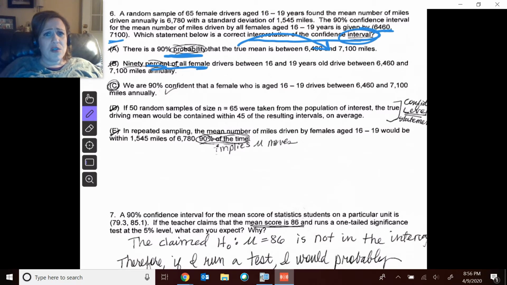What if my interval happens to be a really funky outlier interval? Okay, so you can't say intervals are about other people's results being in my interval. Mine could be funky and an outlier. All right, we're 90% confident that the average student drives between this much and this. Okay, I'm liking that one. That one's it. Let's look at the other one.